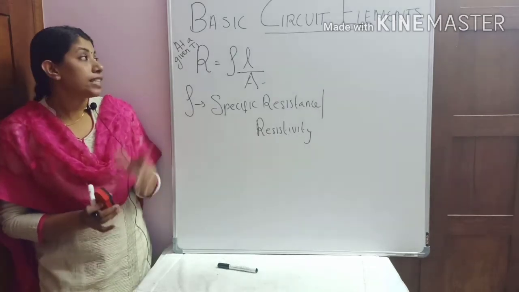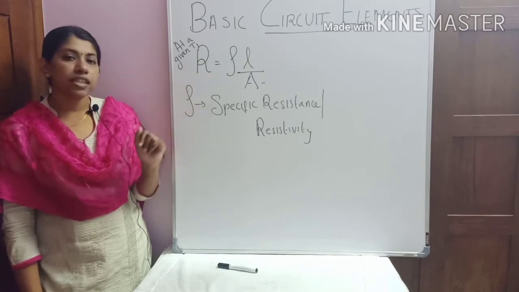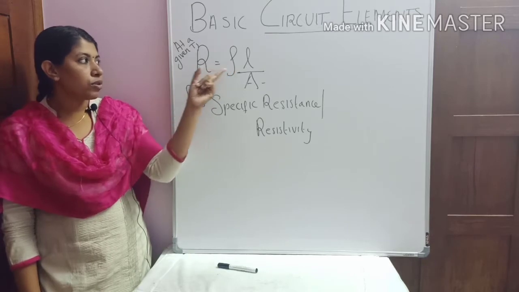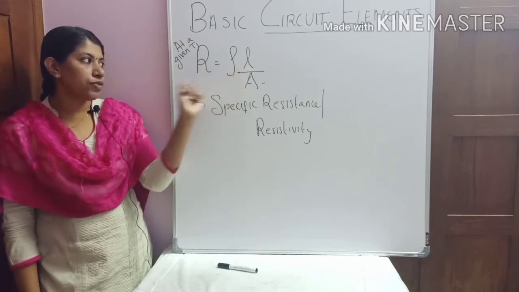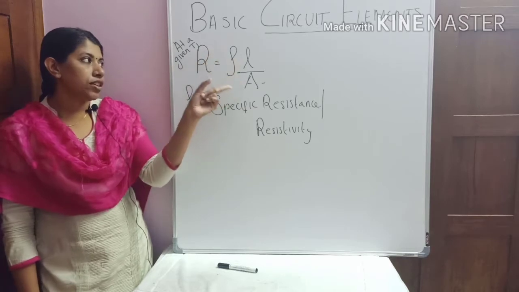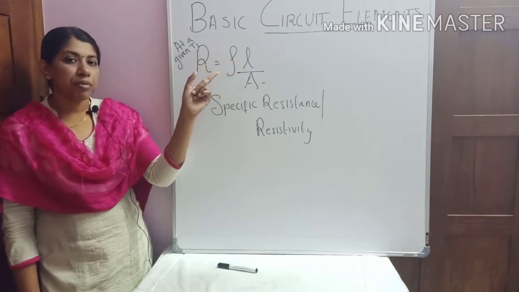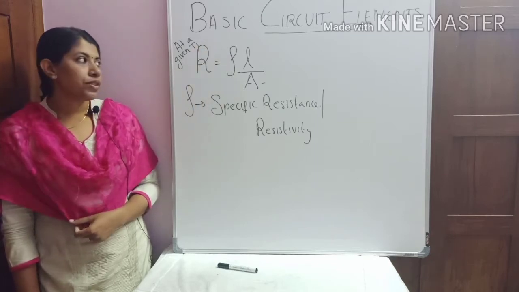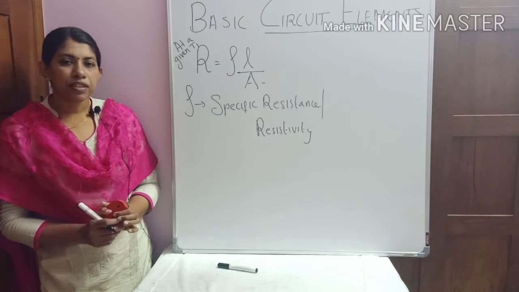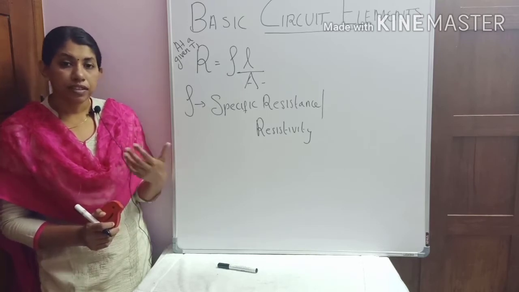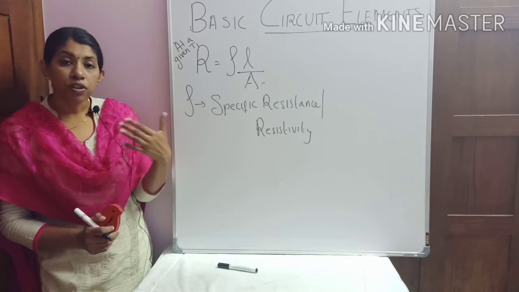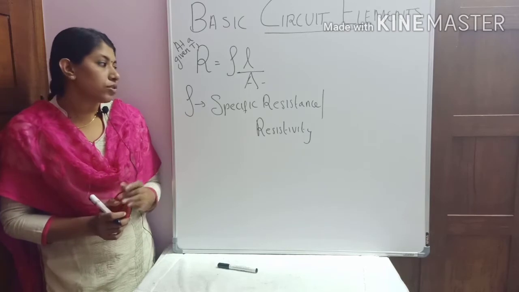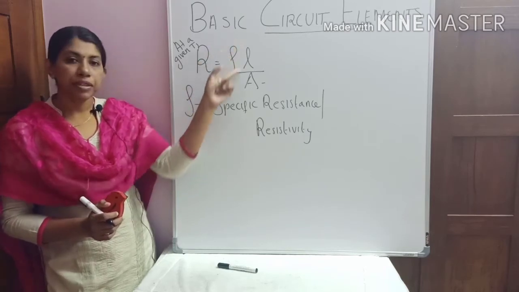So we know that at a given temperature, the resistance of a material is equal to rho into L by A. We have already discussed how these factors, the length of the conductor, the area of cross section, and the resistivity of the material, the nature of the material and temperature of the material, are represented by this specific resistance or resistivity of the material. So specific resistance means that if it is very high, it will offer more resistance to the flow of electrons, which means the resistance will increase. That is what this parameter indicates.